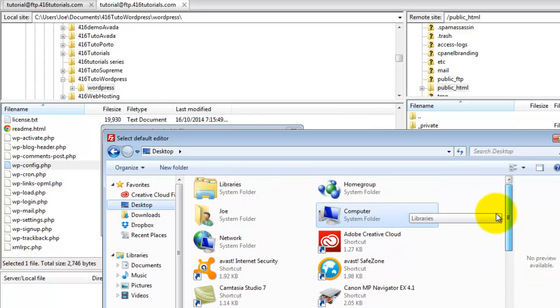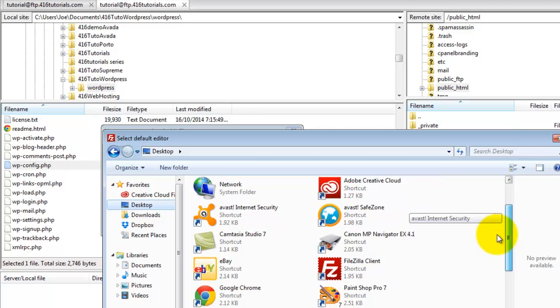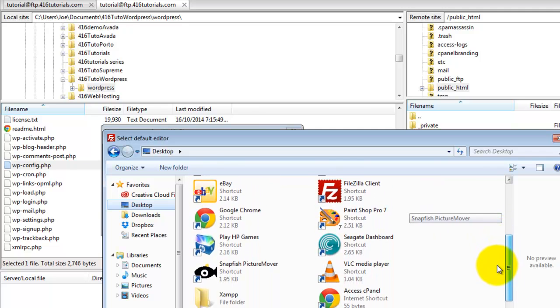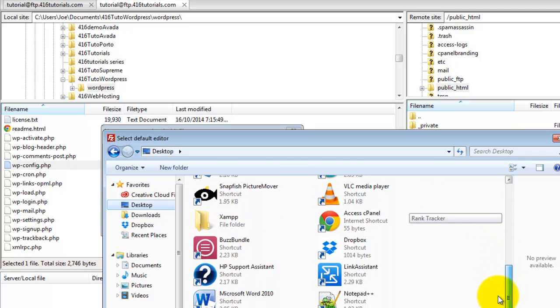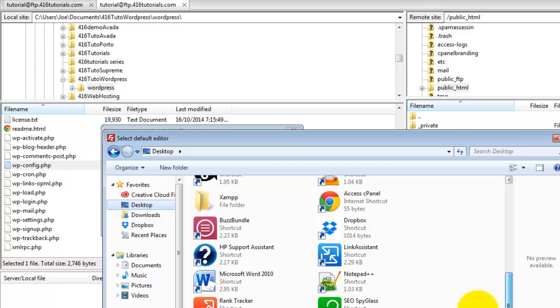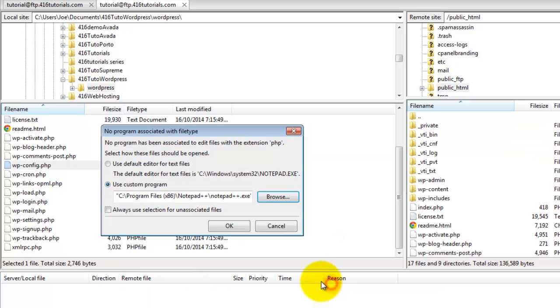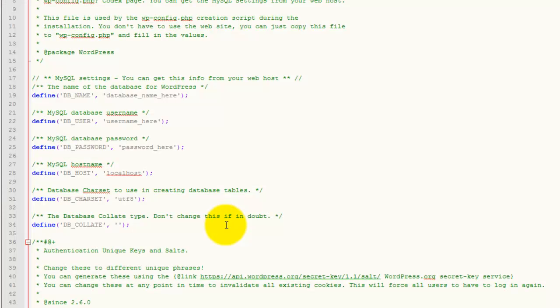Where's my Notepad? There it is. Okay, over here,